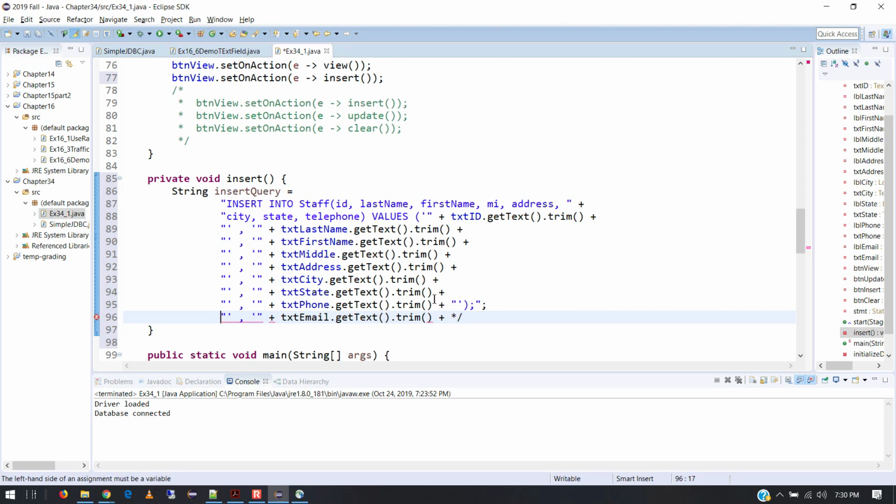And I think that should be right, because I have one semicolon. That's not the Java semicolon, that's the SQL semicolon. That's why it's inside the double quote, because SQL uses semicolons too. And then this semicolon actually closes the statement. All right. So once I have that query put together, then I'm going to put it all into,